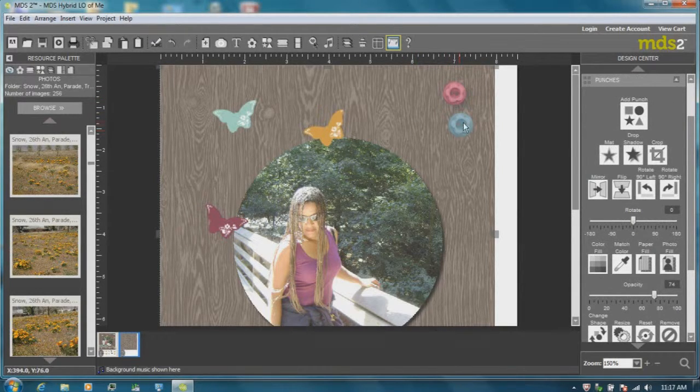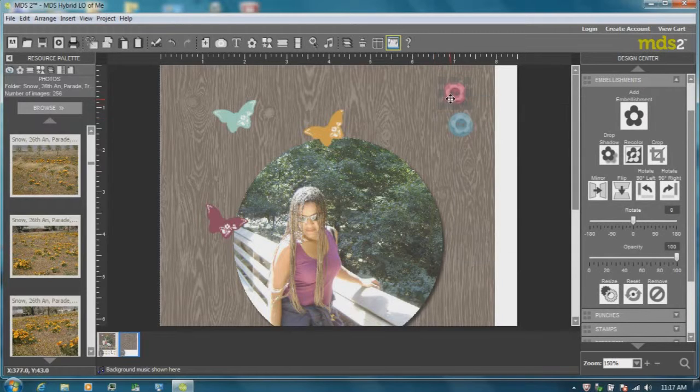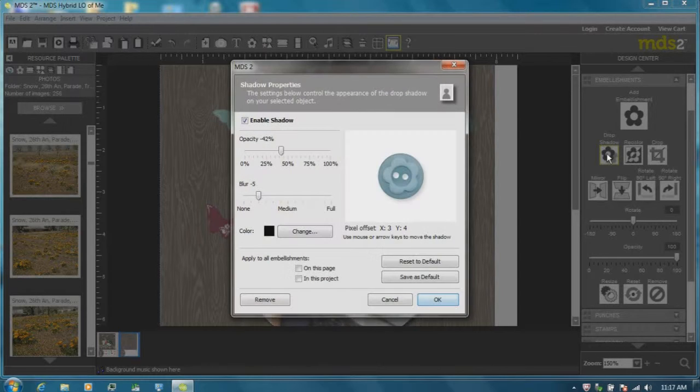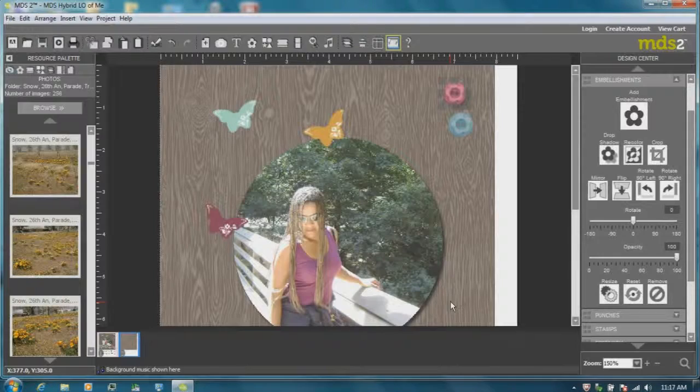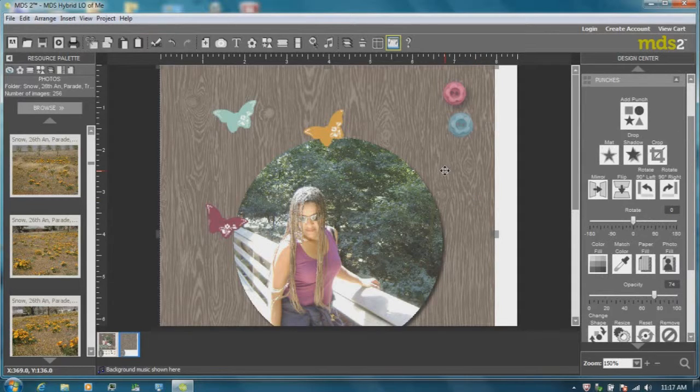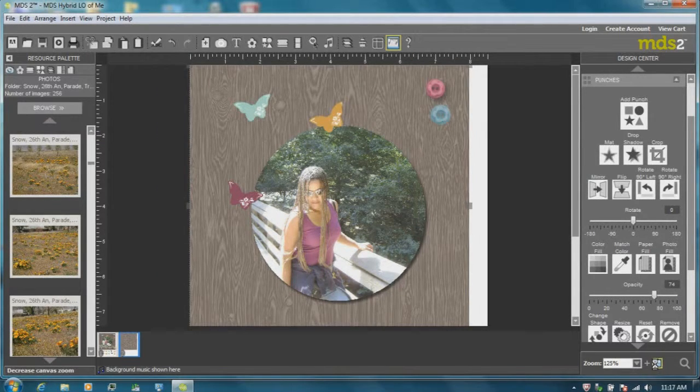Okay, so I don't know if you can tell. This button looks like it has no dimension whatsoever, and then this one looks a little raised. I can make it even more noticeable by just raising this. And there you can see it looks like it's even more off the page. So the next thing I'm going to show you after I zoom out here,